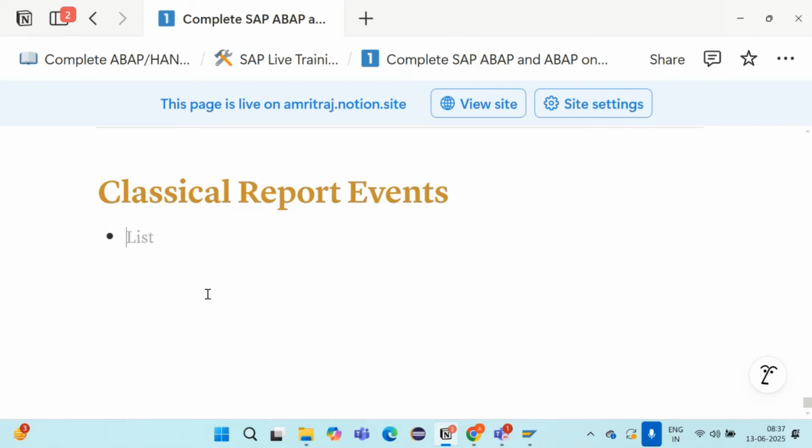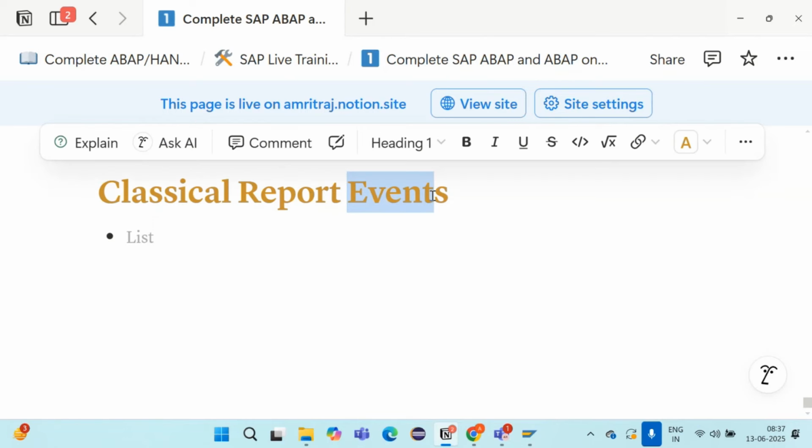Think about this one. Tell me, what do you know about the word event? Date and time, anything going to happen. If we generally see in our day-to-day life, an event is some sort of function. Some celebration happens, correct? That is an event.